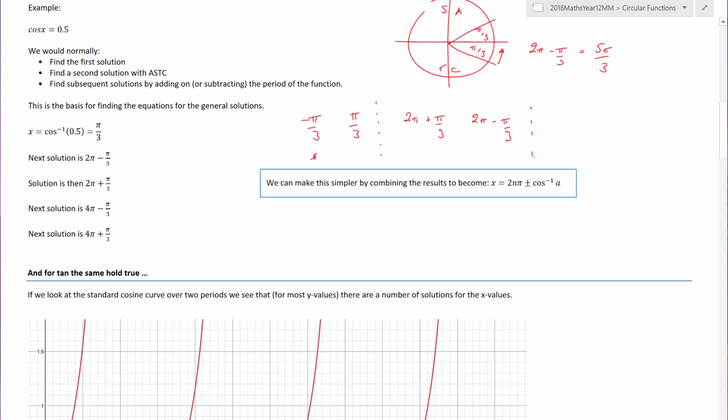Next two solutions, well, I would have taken this value here and added on another 2 pi, which would have given me 4 pi plus pi on 3 and 4 pi minus pi on 3. So all I'm actually doing to get from each of these successive pairs to the next pair is add on 2 pi. I'm writing it out longhand because hopefully you can start to see that there's a bit of a pattern. So if I actually call these my